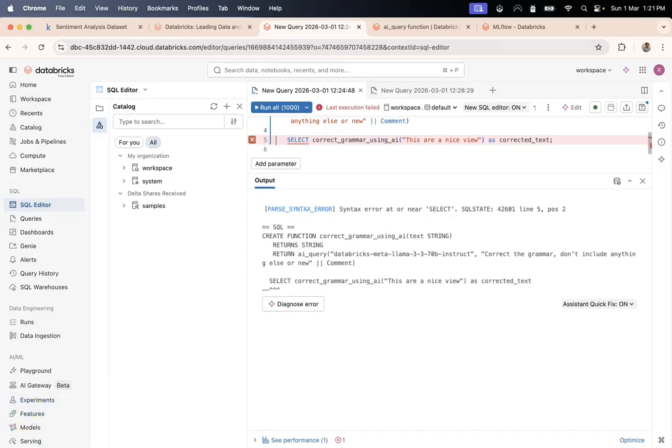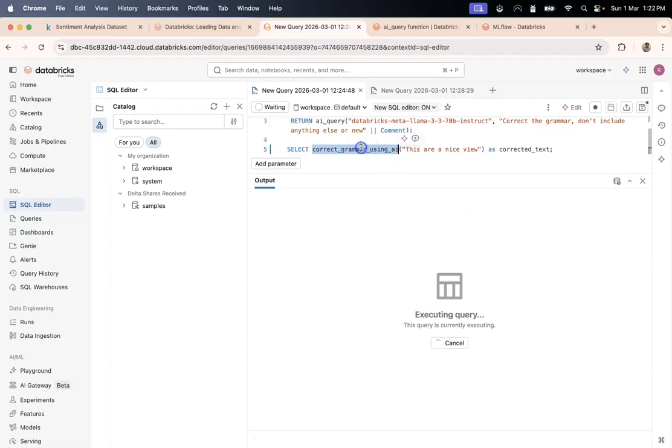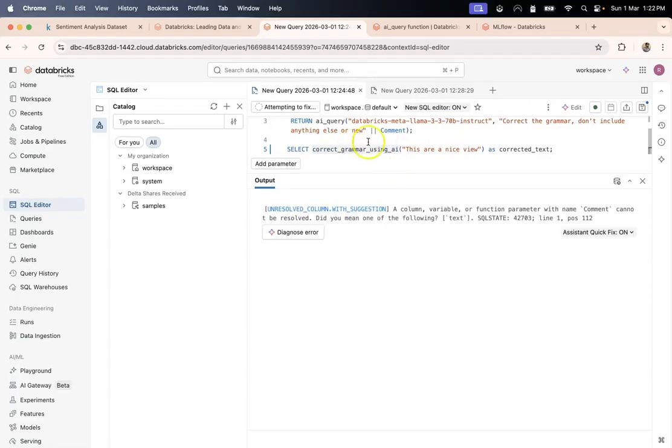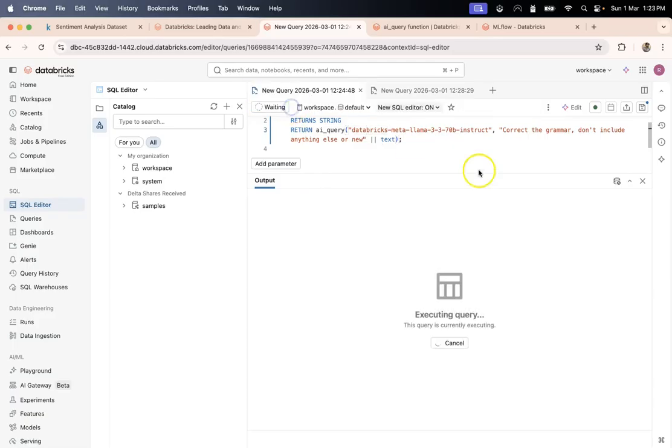I'll get back. Okay, so the error was that I forgot this semicolon. So now it's gone. Now let us run this. But here notice I'm not using any table. I'm just calling this column variable, text. So let's run this again.